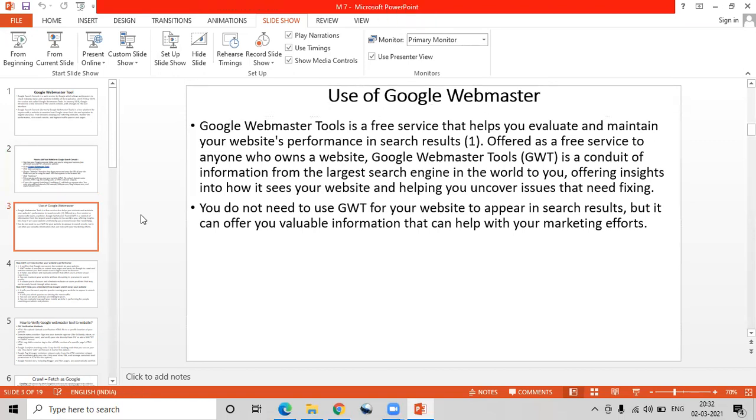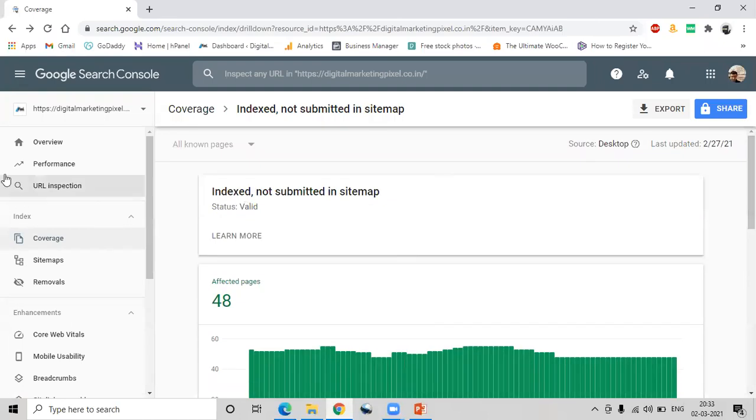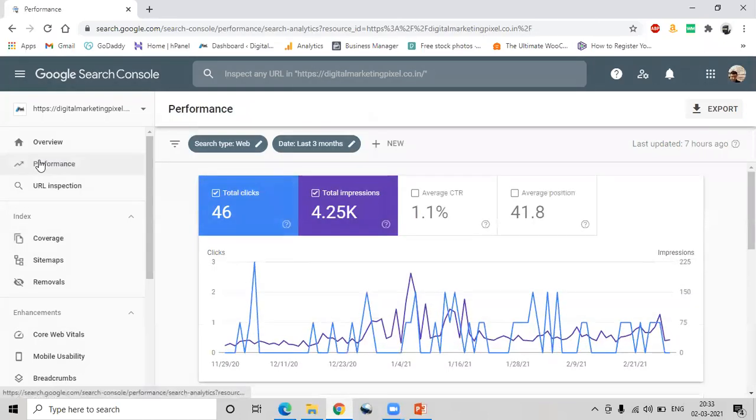And you do not need to use Google Webmaster tool for your website to appear in search results, but it can offer you valuable information that can help you with your marketing efforts. आपको Google सर्च कंसोल का इंडेक्सिंग के लिए जरूरत नहीं है, लेकिन ये आपको बहुत ही अच्छे आइडियाज देता है कि कौन कौन से पेजेस मेरे इंडेक्स हुए हैं, कौन से नहीं हुए हैं, मेरा परफॉर्मेंस क्या है.